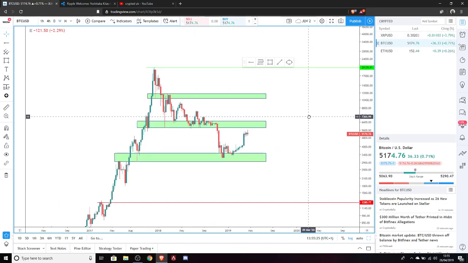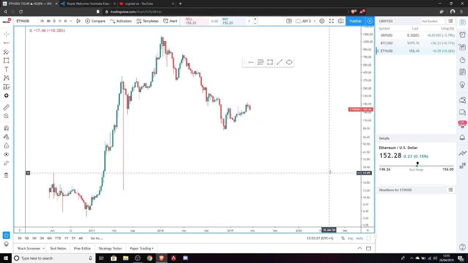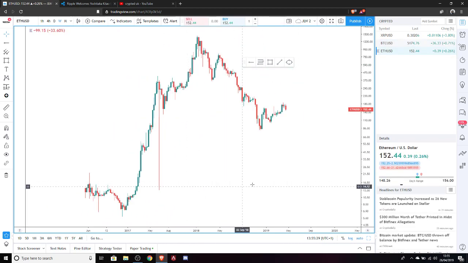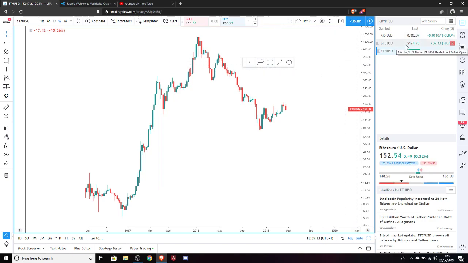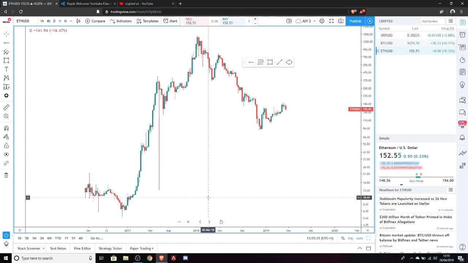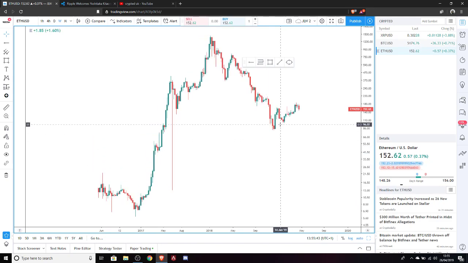and we'll go to Ethereum. Now, all these charts are pretty much pegged to the BTC chart at the moment because BTC is the most dominant of all the cryptos. And we could do the exact same thing. So by now you're probably getting the hang of this. So go to your horizontal ray,